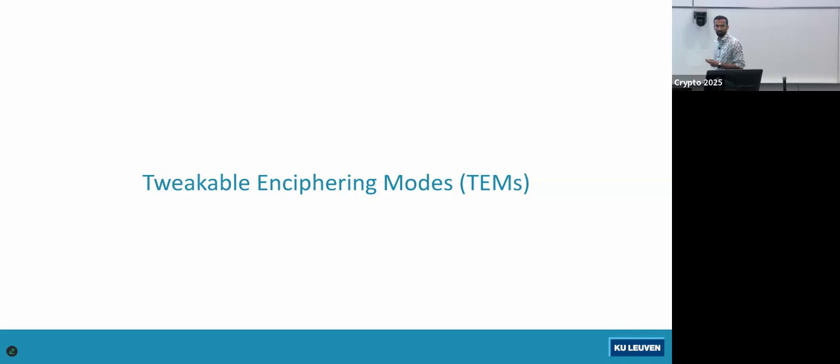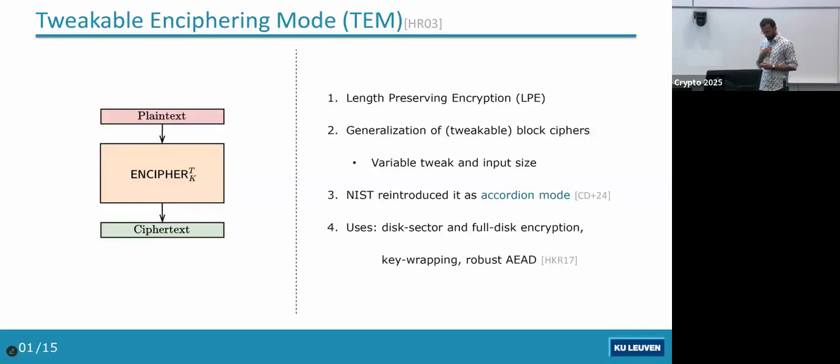XCB AES is a tweakable enciphering mode. So I'll start by describing what a tweakable enciphering mode is. A tweakable enciphering mode is a length-preserving encryption. Basically, it can be seen as a generalization of a tweakable block cipher, a tweakable block cipher with variable length tweaks and variable length inputs. It has many applications, which is why it is also a point of interest, currently getting more traction in the NIST accordion initiative. Some of the key applications are full disk encryption and as a component in robust